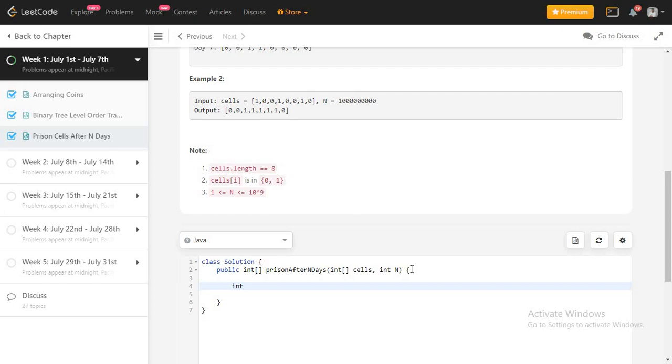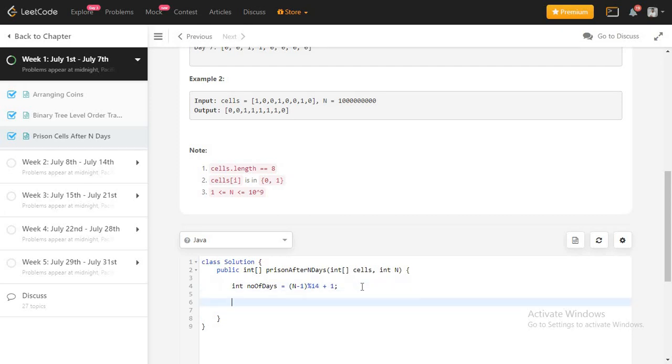So let me declare one variable like number of days, and I am going to use the same formula, N minus 1, and that is repeating after 14 days, and plus 1, right? So I don't need to iterate through all the n numbers. I am going to just iterate by taking the remainder of it. So if my input is 15, then I am going to calculate it for day 1 only, right?